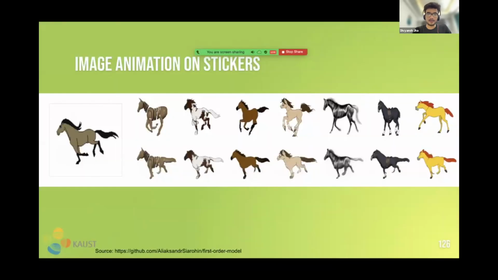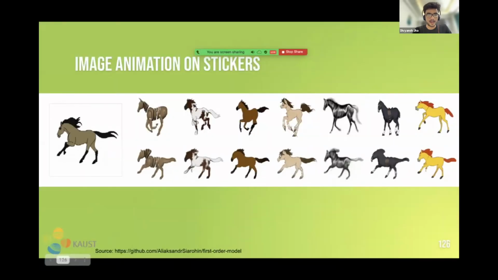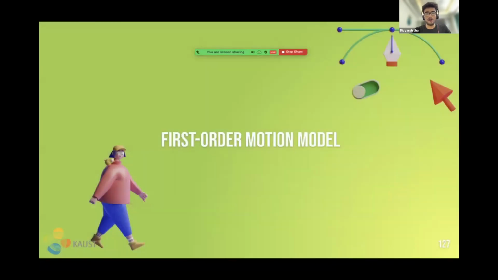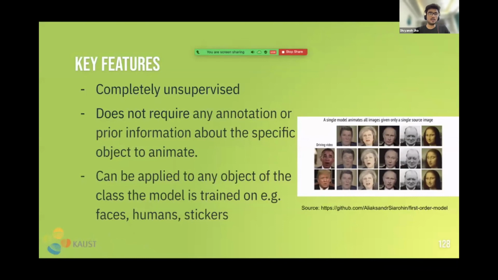It is again the model proposed by Aliaksandr Siarohin, and we will look at how they do it. First of all, the key features of this model. First is that it is completely unsupervised. So it does not require any label. If it were a supervised problem, we would require a driving video frame, then a frame of the same pose of this person, and then we would be able to do it. But no, in this case, if we want to train, let's say for faces, we will just require a bunch